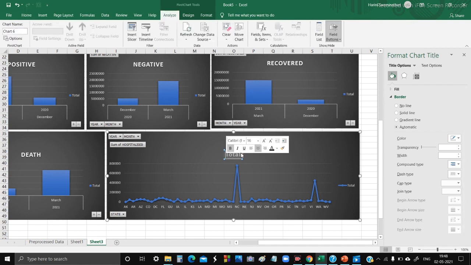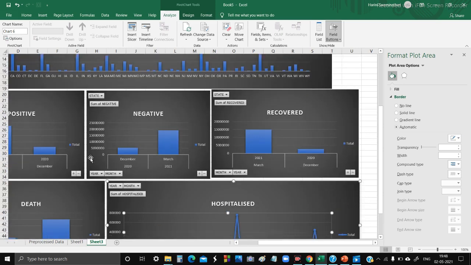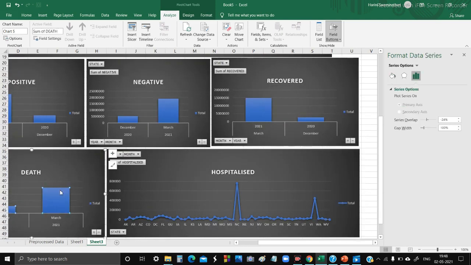Change the chart name to hospitalized. Now we have created the pivot chart. For better understanding, click on to each chart and add data labels for each attribute.